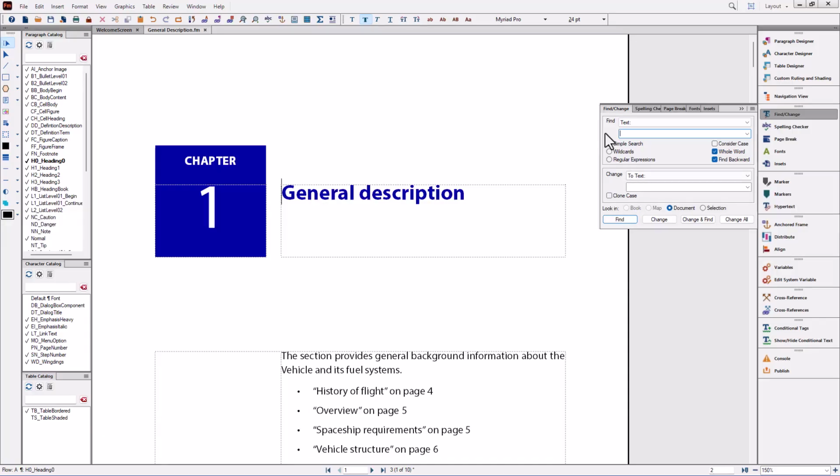Okay, so the first thing I want to point out that I use this for is when I get lost in a document that I'm editing. Frequently, when I send a file back for edits, content gets rearranged and moved from one place to another. Through the reflow, sometimes I can't figure out where the paragraph is that has a typo I'm supposed to fix. So a technique that I use is I'll type in the first few words of a paragraph I'm looking for and let FrameMaker either search the document or the entire book to help me figure out where